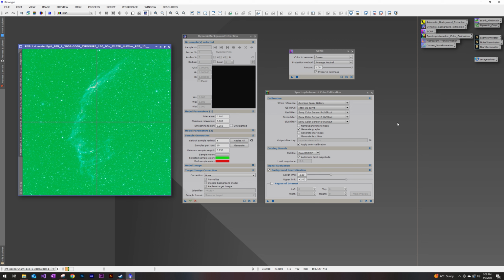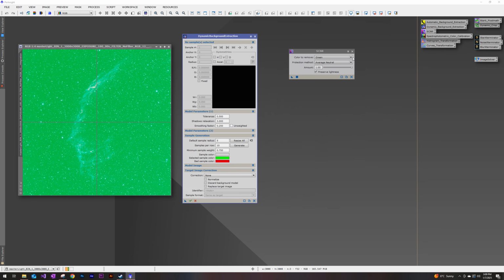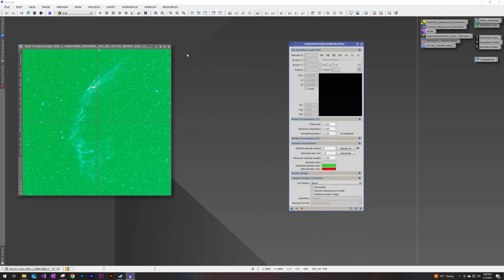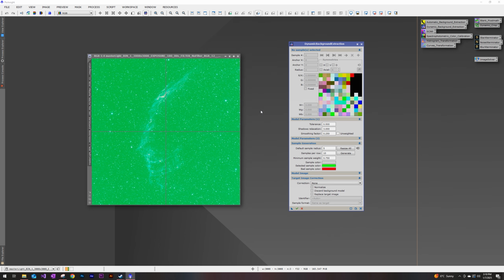The three modules I've got up on screen right now are the Dynamic Background Extraction, SCNR, and the Spectrophotometric Color Calibration modules. I'm going to get rid of these two modules for now, just leaving the Dynamic Background Extraction up. We're going to want to make a few adjustments to these settings here. You'll want to make sure that you have the drop-downs activated for the model parameters 1, sample generation, and target image correction sections. Starting with the model parameters, we're going to change this tolerance here to a flat number of